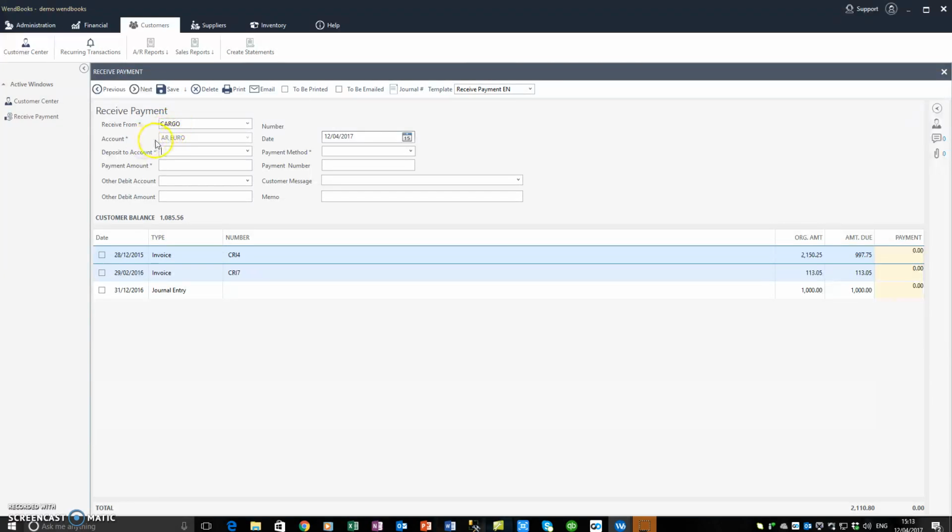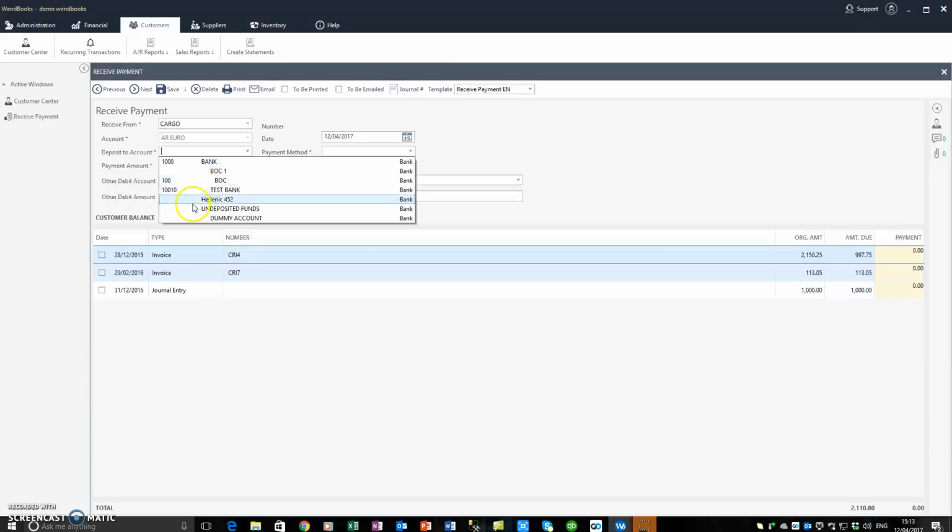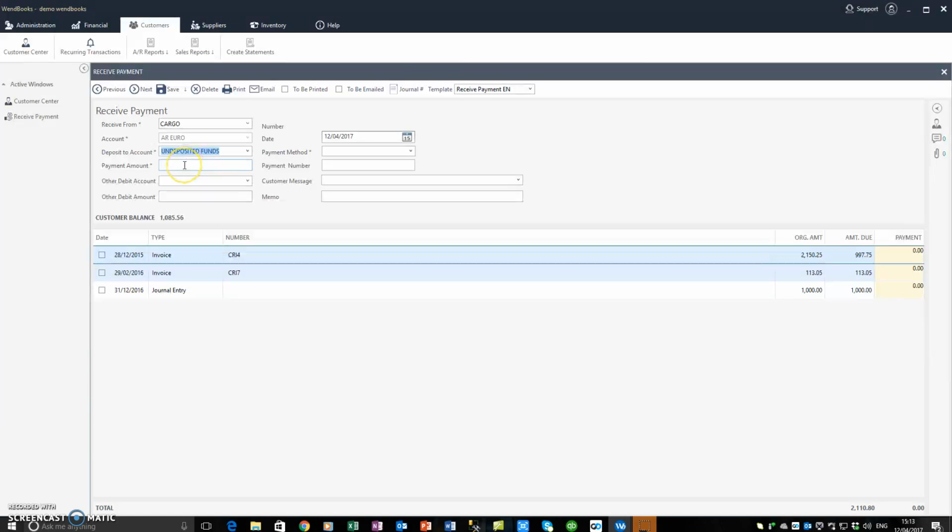The associated account, receivable account, comes up automatically. Then you need to choose the deposit to account. If the money goes to the bank directly, then you may need to choose the bank, or if you prefer to use the undeposited funds, so you deposit the funds later on, then you choose undeposited funds or the name of the account that holds your cash in hand. The payment amount,